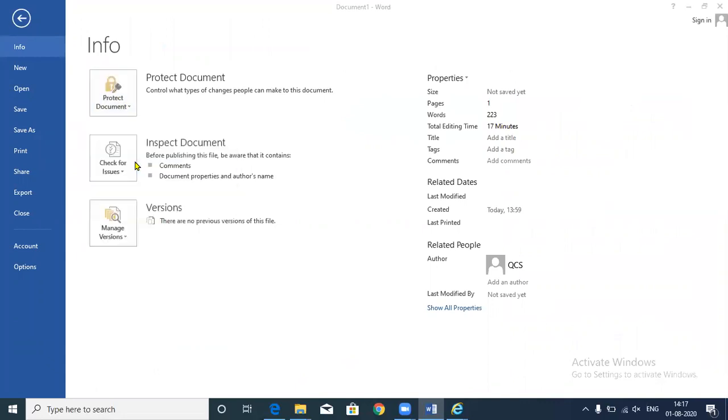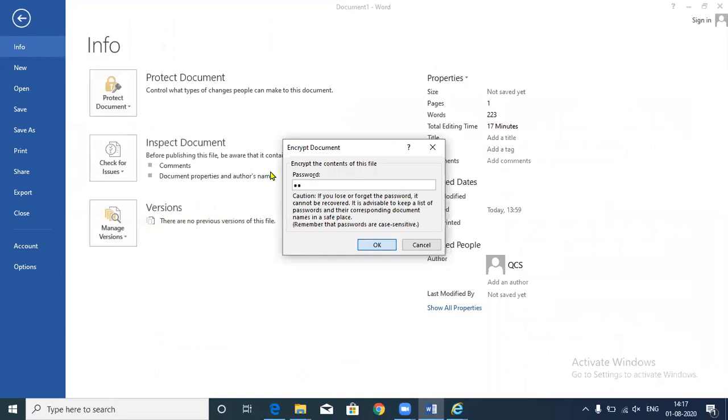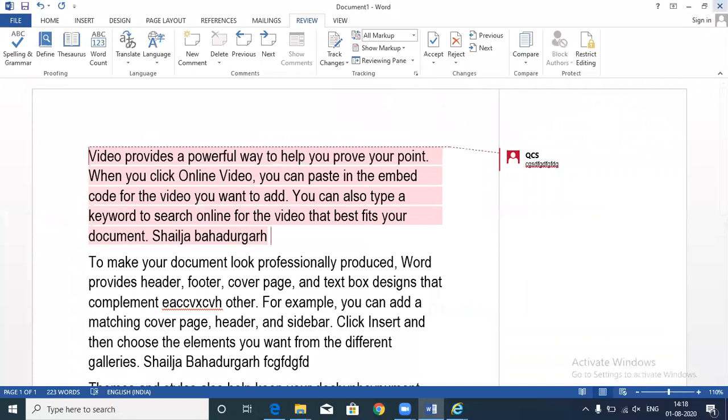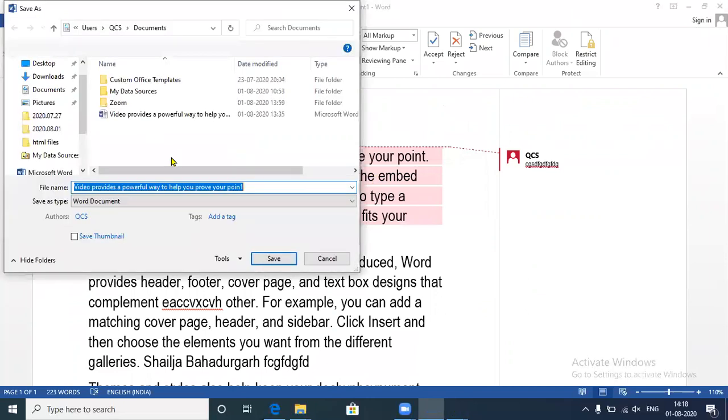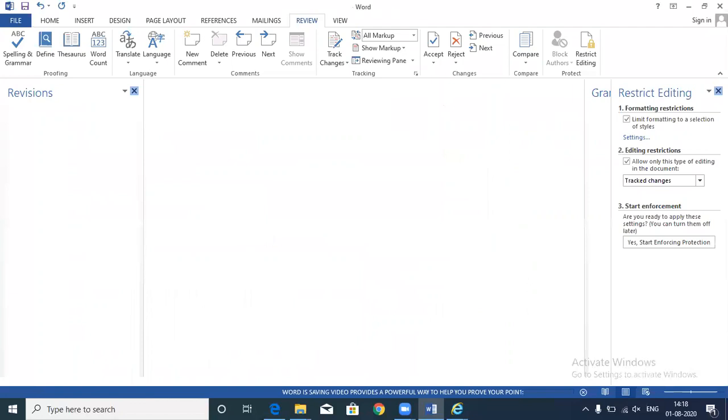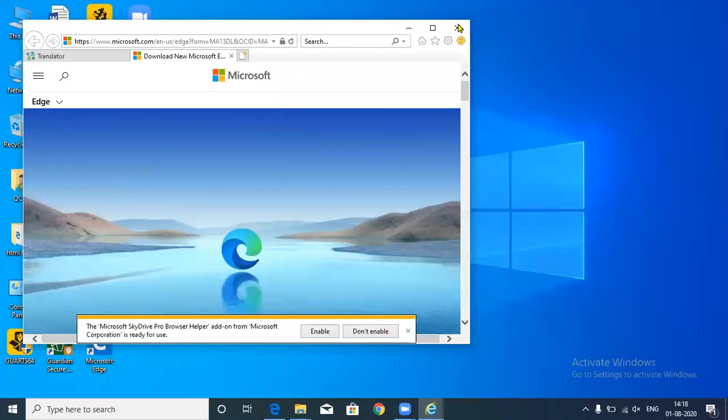You can click here on Encrypt with Password, fill in the password and confirm the password. When you close the file and reopen it, it will ask you for the password to open this file. First of all we have to save this file, and only after this will it be able to apply all those changes to the document. Fine.